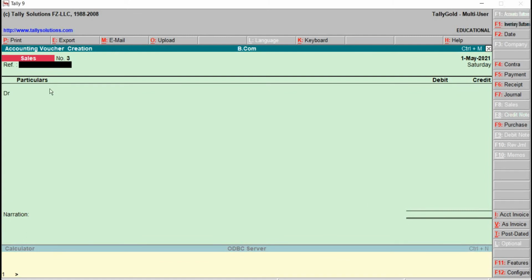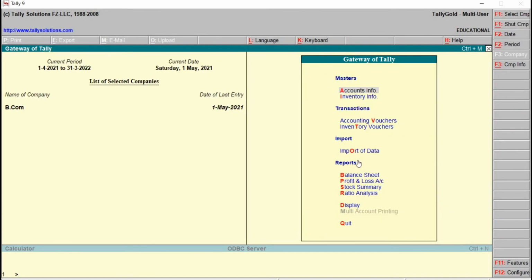Either from this window, that is from accounting voucher creation window, or else we can just go out, that is back to the gateway of Tally. Just click on bottom right hand side, that is Tally features or company features, function key F11.